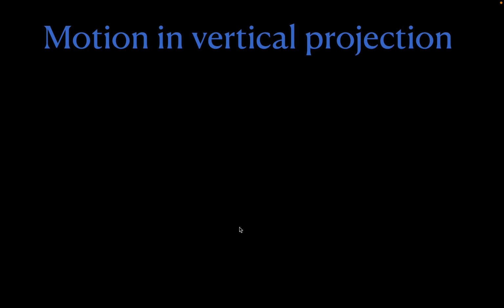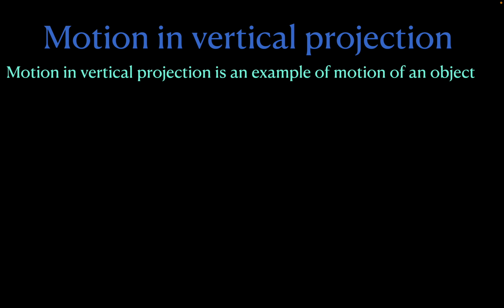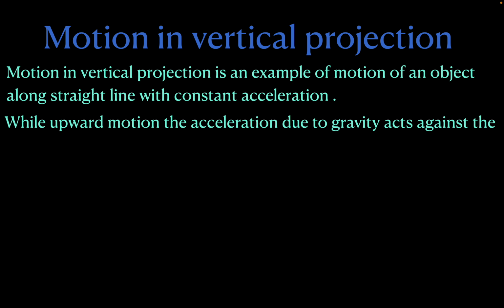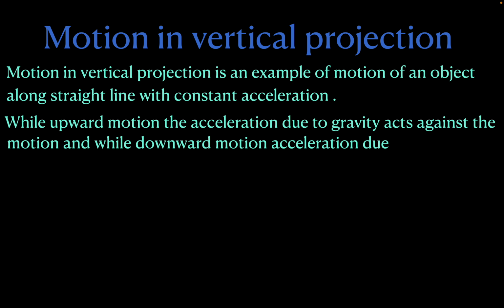Everyone, in this video I will discuss motion in vertical projection. Motion in vertical projection is an example of motion of an object along a straight line with constant acceleration. During upward motion, the acceleration due to gravity acts against the motion, and during downward motion, acceleration due to gravity